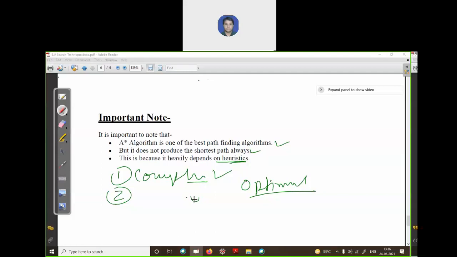The concept of underestimated and overestimated we will see in the next class. If our heuristic value is underestimated, it will always give you the optimal solution. I know you know what the optimal solution is.